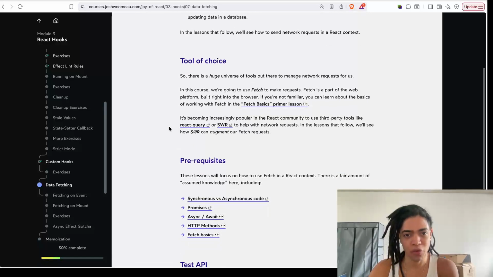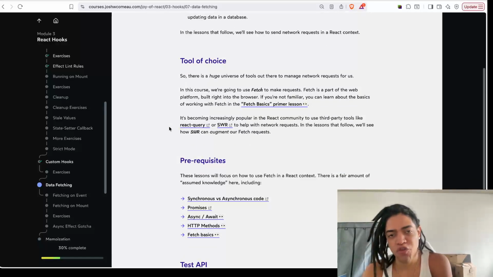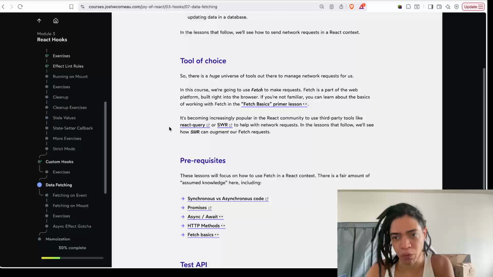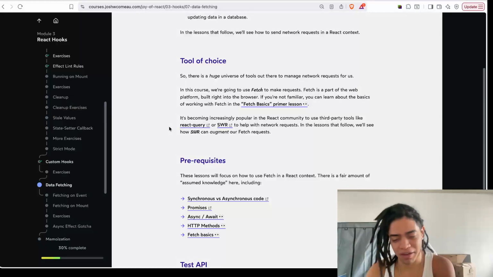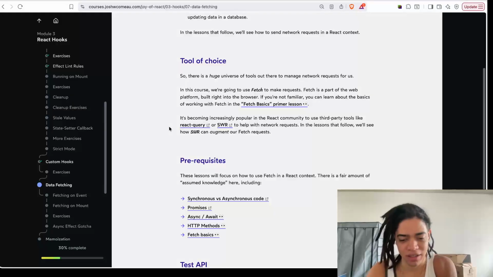Tool of choice. There is a huge universal tool out there to manage network requests for us. In this course, we're going to use fetch to make requests, and fetch is a part of the web platform built right into the browser. And luckily, thanks to the developers and the spec that said, hey, we need to have a built-in feature to fetch data. Before this, we had this